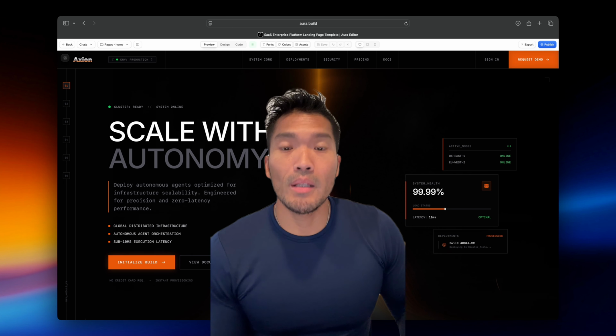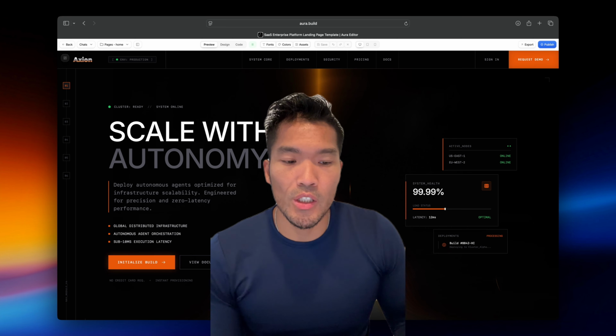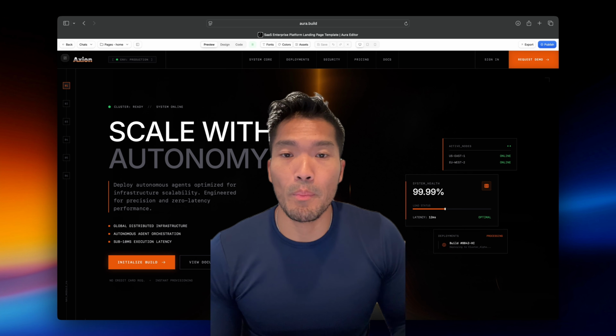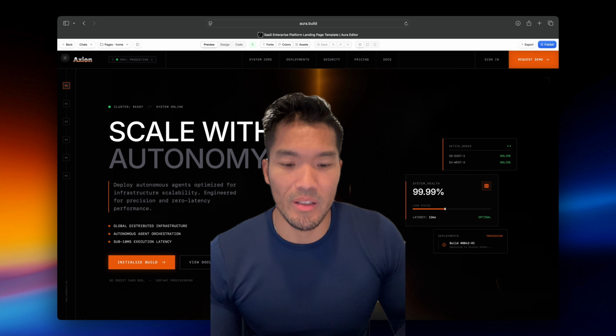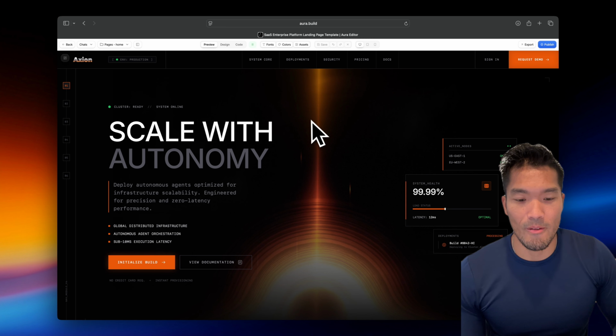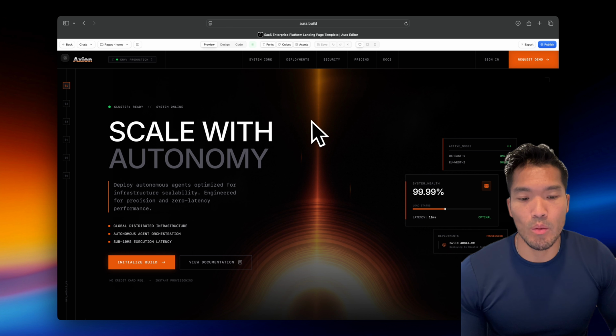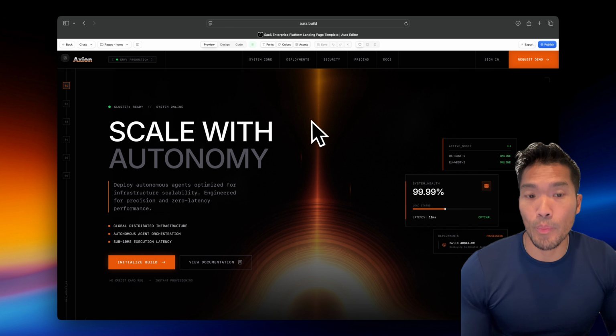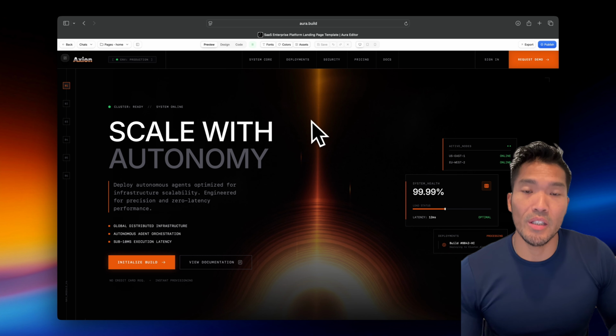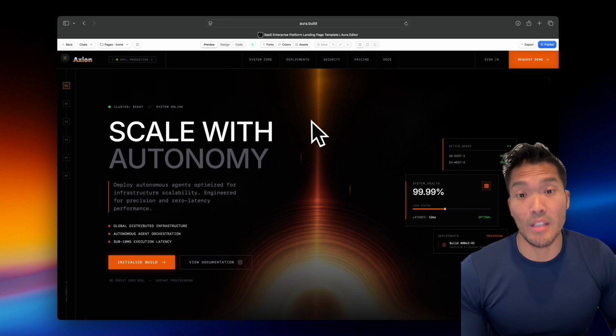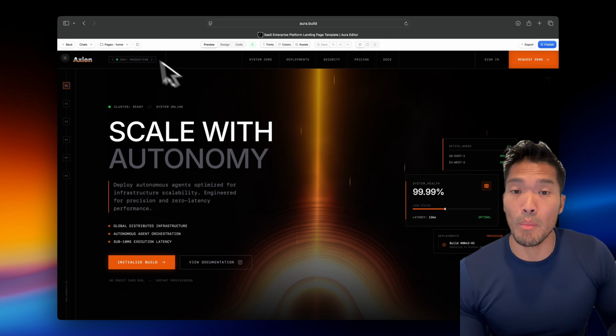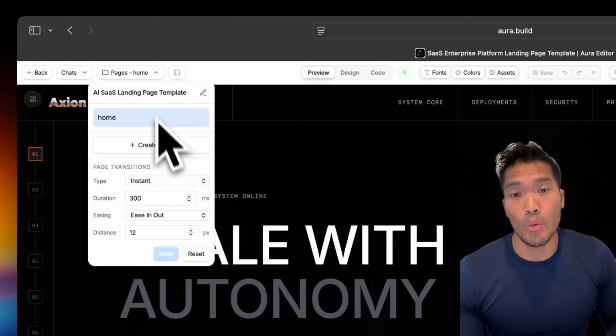So now that the main landing page is finalized, let me show you a feature that lets you create all the remaining pages in under 60 minutes, in less than an hour. Which is actually crazy when you think about it, because all those pages will take less time than designing the main landing page itself. So first, go to the Pages feature at the top left corner, click on Create Page,